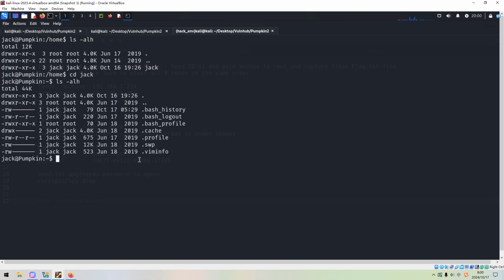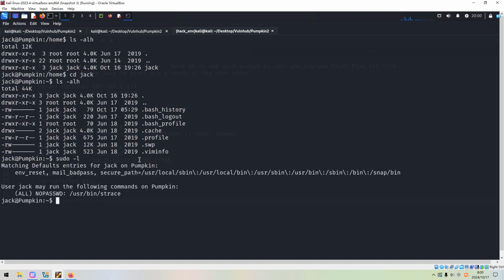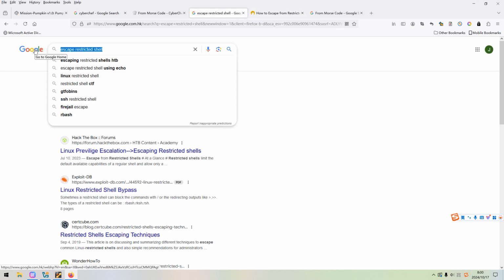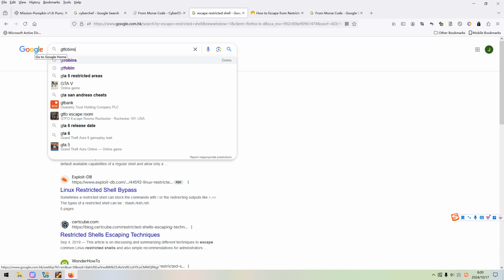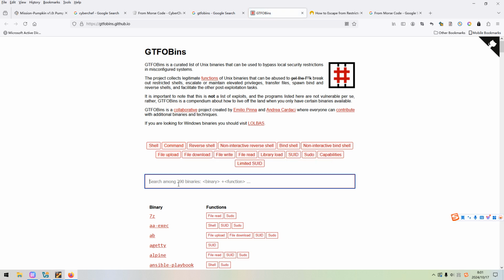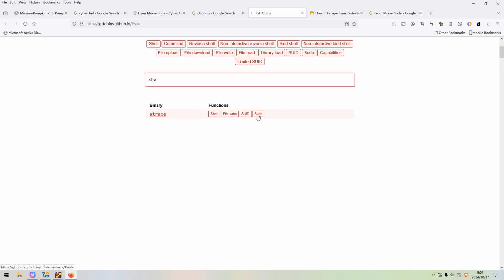and nothing here. How about sudo? We can elevate privilege to the root user with this binary. However, the question is how, right? We can go to the website of GTFOBins. We can click and trace the sudo.